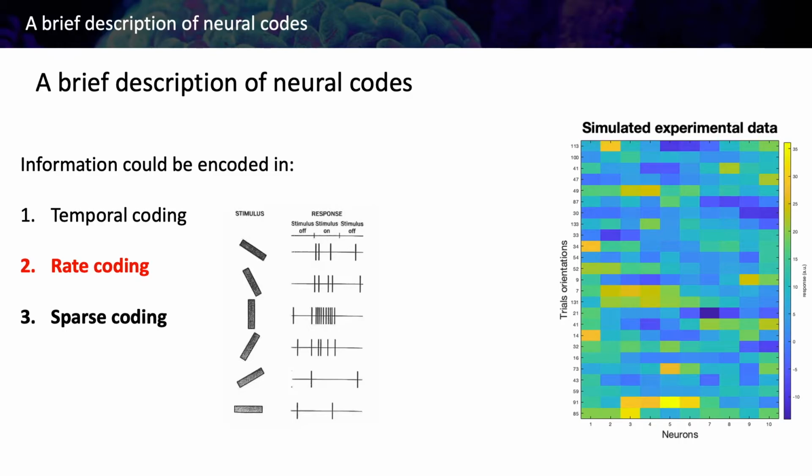On the one hand, we have the temporal coding. Temporal coding is something that is very relevant too, and it can take the form of a latency coding. Let's say that different features of the stimulus are coded at different latencies from the onset of the stimulus, or it can be oscillatory, or there is also the phase of the oscillation that can encode the stimulus, but we are not going to discuss this.